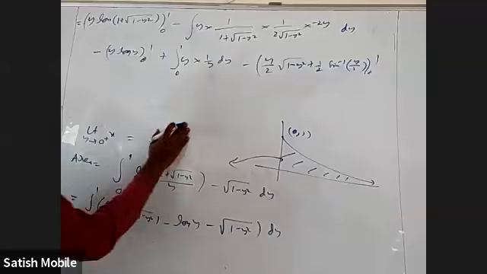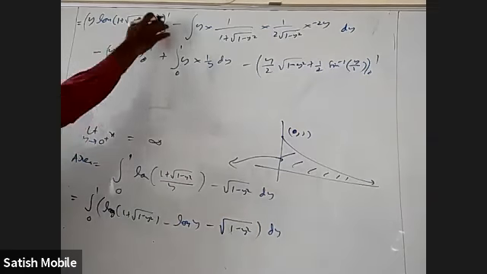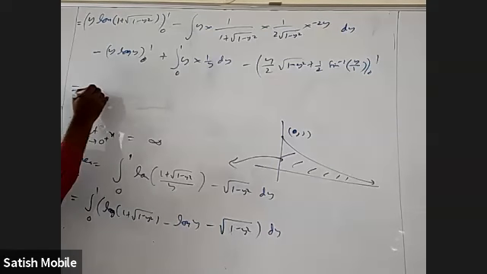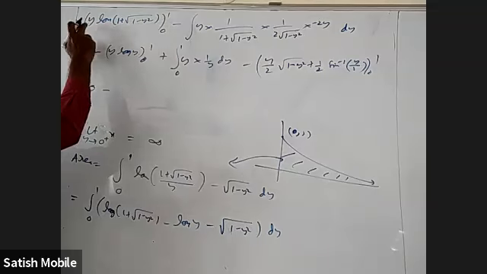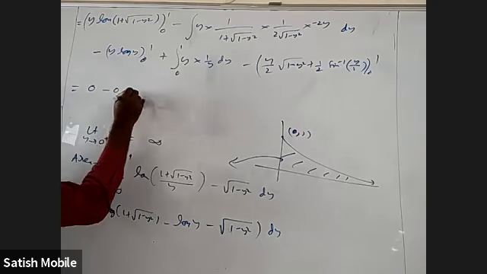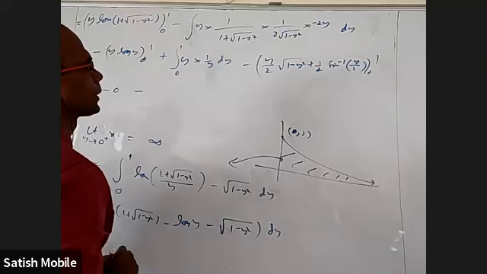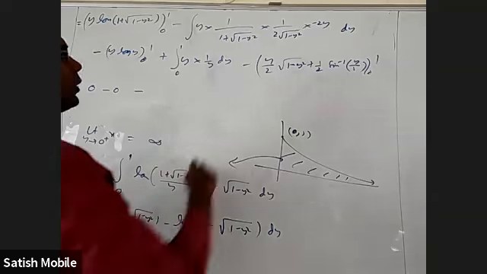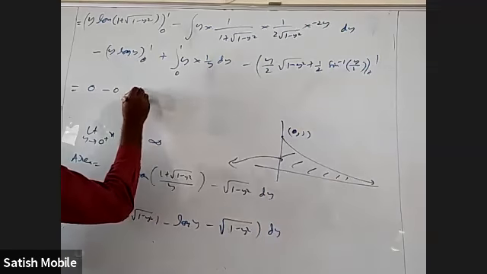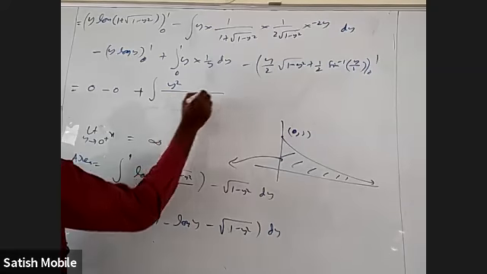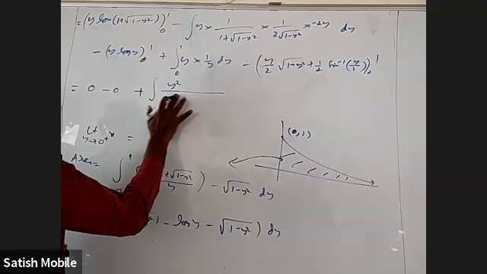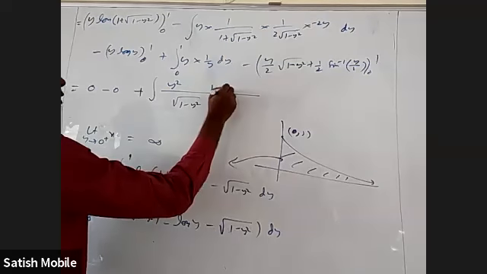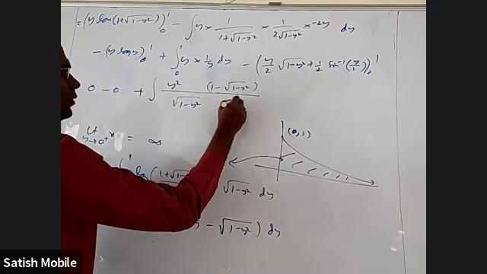Okay, so mostly we have completed the integral except here and here. Here when I put 1, this is 1 plus 0, log 1, that is 0. When I put 0, this may be log 2, but this is 0, so it is 0. And coming to this, I may have to rationalize the denominator. This is 2 and 2 here, plus the integral of y square by root 1 minus y square down. After rationalizing this, I'll get 1 minus root 1 minus y square by y square down.